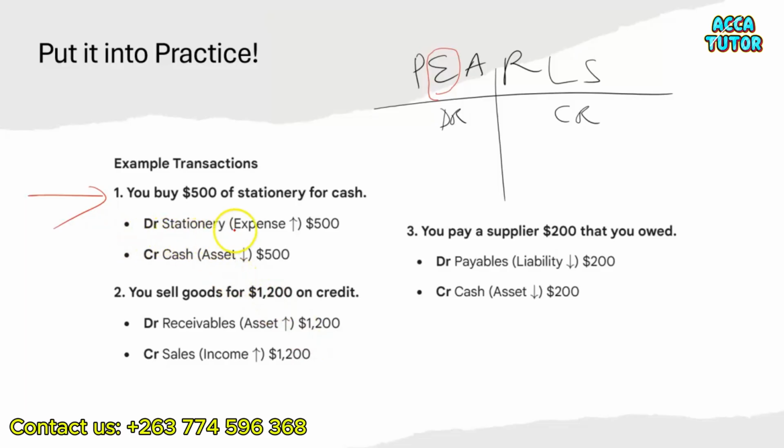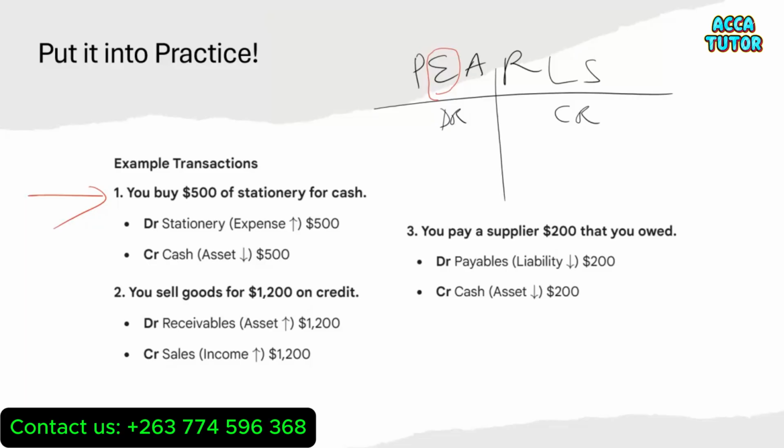So it is actually good to mention what expense it is, because in a business you might enter into various transactions for expenses, some for rentals, some for salaries and wages, some for stationery. So it is good practice to mention the actual name of the transaction. In this case, these are stationery. So we have bought stationery, so we are going to debit stationery expense. Okay? Debit stationery